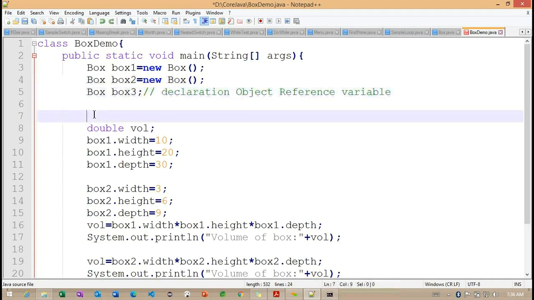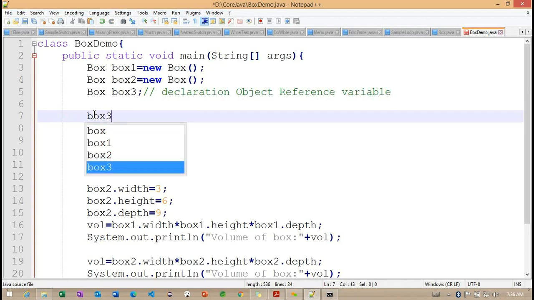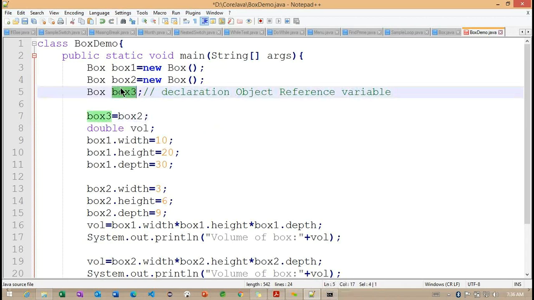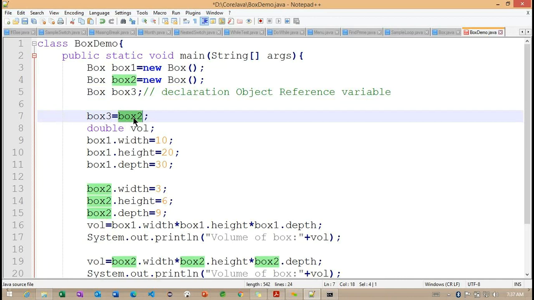So here we can do box 3 is equals to box 2. Getting the point. So I declared it on line number 5 and I am initializing the reference variable with the reference of box 2. So it's nothing but we are copying one object into another object.